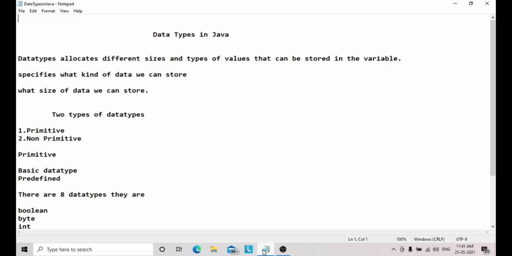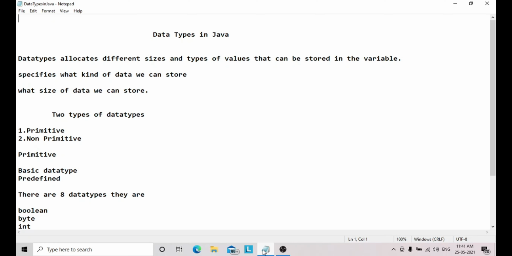Another example is age. We only use integer numbers, like 20, 23. So for specifying this kind of age, we need integer numbers. And if we want to store the address or name of a person, we need character data types, because we are storing character type values.